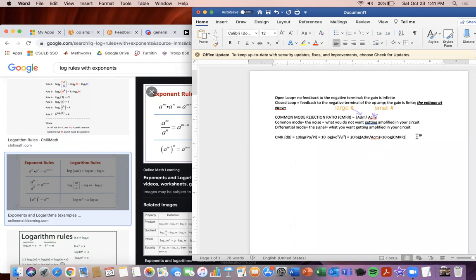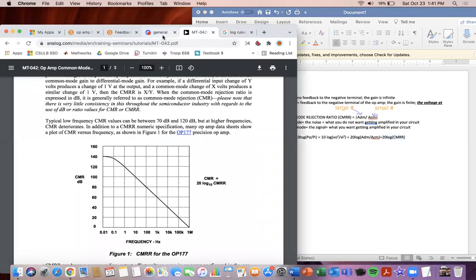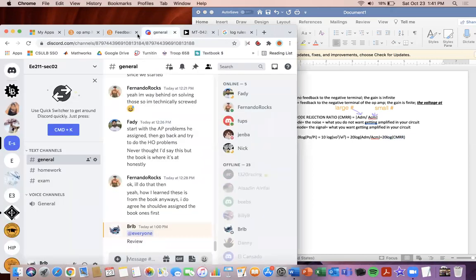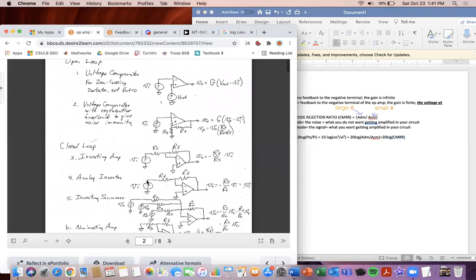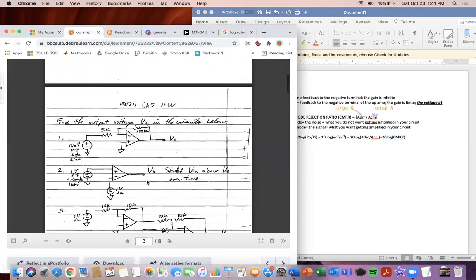And so what we can do here is convert it from our common mode rejection ratio to the decibels for the common mode ratio. And so that's an important part of what the common mode ratio does. And so going now back to the rest of it, so we talked about all of those,